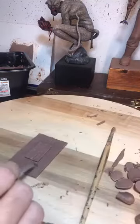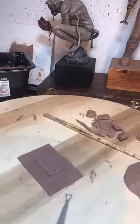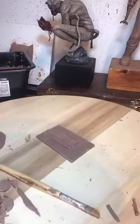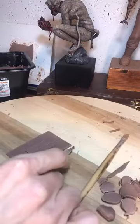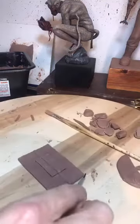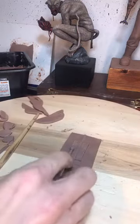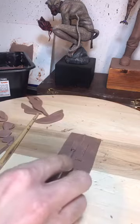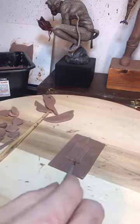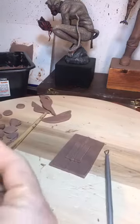So, like I say, there's no right or wrong way of doing this. It's a case of using your eyes, using your best judgment. Every situation's different, depending really on what you're doing. But this is how I usually do armor plating. I don't know if you guys ever saw the Sky Raider piece that I made. That was basically all armor plating, and that was done in the same way. Take a little piece of clay like that, shape it into